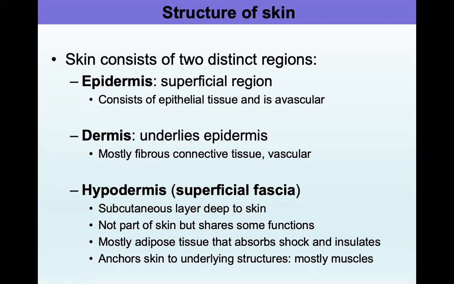Not simple. Is it a single layer? Is your epidermis one single layer of flattened cells? Remember, guys, what did I say? You are getting rid of the dead skin cells continuously. So if you're getting rid of the dead skin cells, then you have to have more than a single layer. So that's correct. You have a stratified squamous, which means you have many layers of flattened cells stacked on top